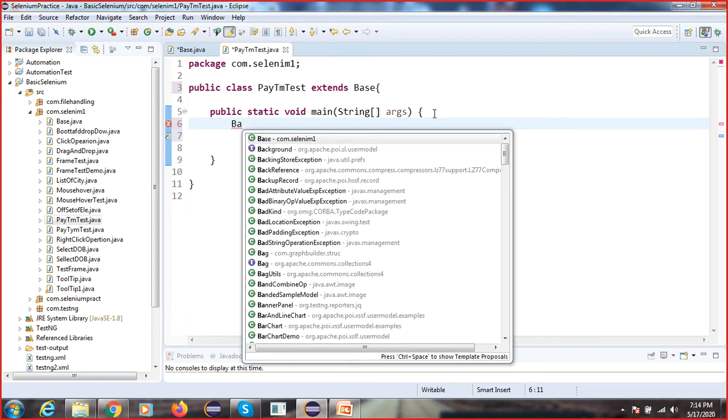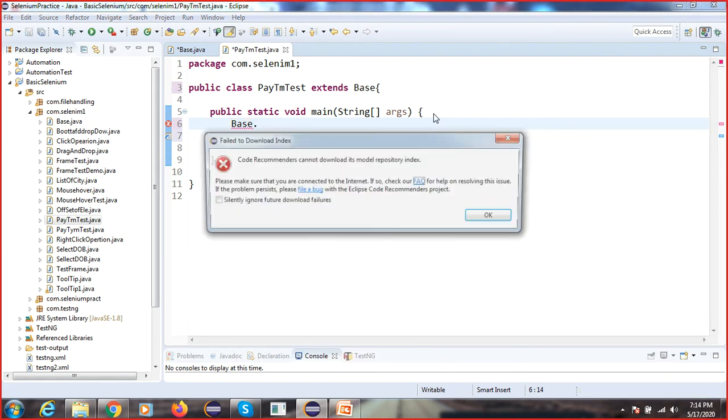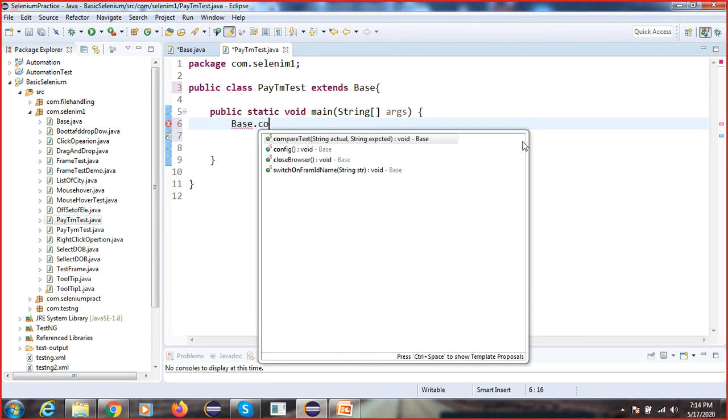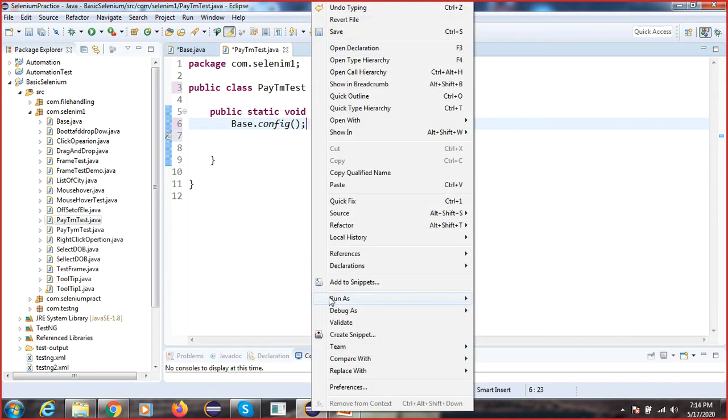You can write ba or some shortcut and press control space. Automatically all the suggestions will come, what method you want to use. You can see all these methods are coming. So which method do you want to use here? Config method. I'm just going to check whether it is working fine or not.